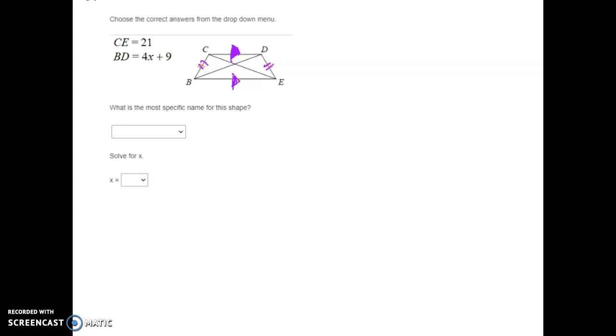Okay, so we know that since this is an isosceles trapezoid, based on the information that we were given about the diagram, we know that the diagonals should be the same measure. They should be congruent. So we know that 4x plus 9 should equal 21. So, I guess I should have answered the first question first. This is an isosceles